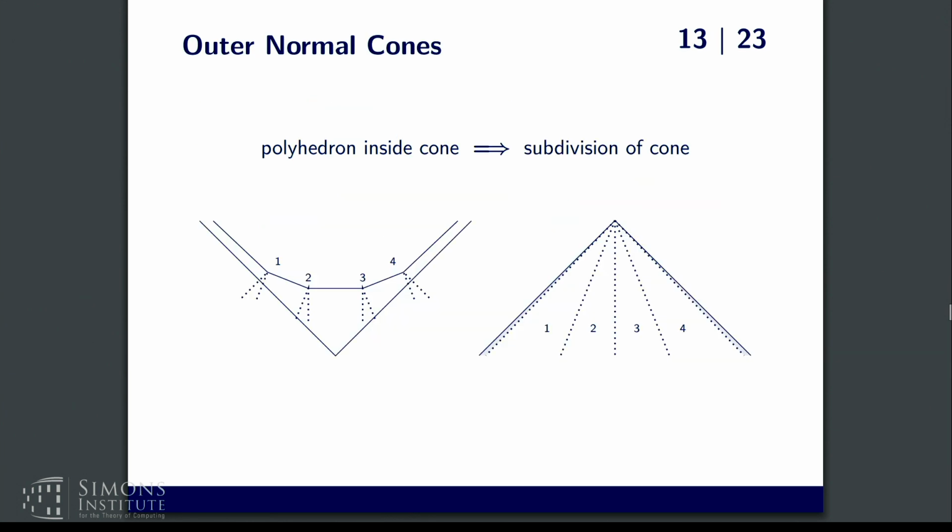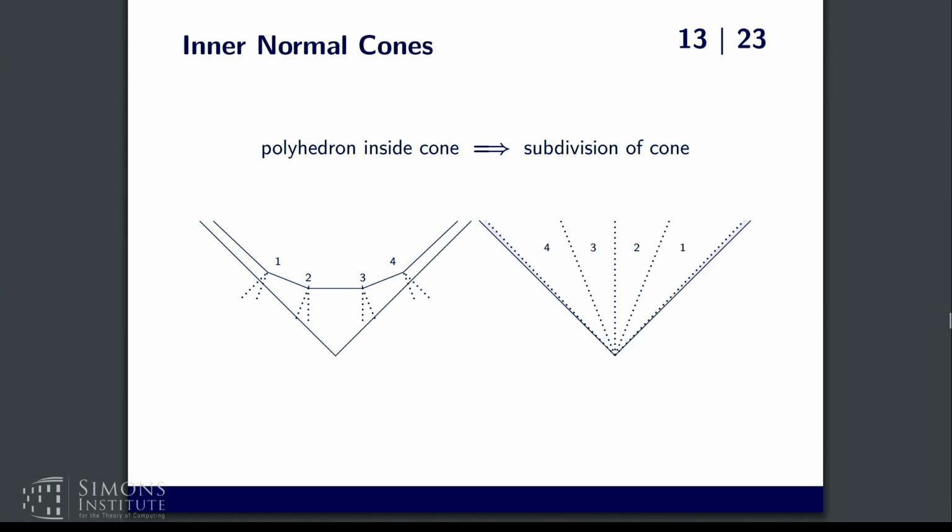Okay, so what's the idea? Well, suppose you have a cone, and inside of this cone you have a polyhedron. Then at each vertex, you can create the so-called outer normal cone, which is just, for every facet you have a normal, and you take the cone generated by these normal vectors. And note that if you have two of these vertices that are next to each other, then these outer normal cones fit nicely together. So what we do is create all these outer normal cones, put them together, and that's what you get on the right, and then we just flip it upside down